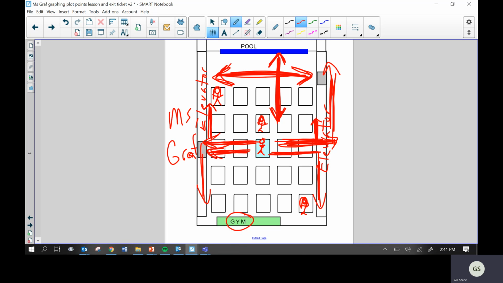This is about graphing. It has nothing to do with my personal life. Sorry. It is only about graphing, because what I've learned is that even though we've been graphing for a long time, we still get confused sometimes on which direction we go first, and then obviously which direction we would go after that. So whenever you think of graphing, if you're putting a point on a graph, you need to think about